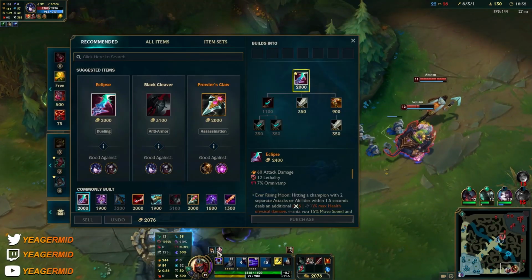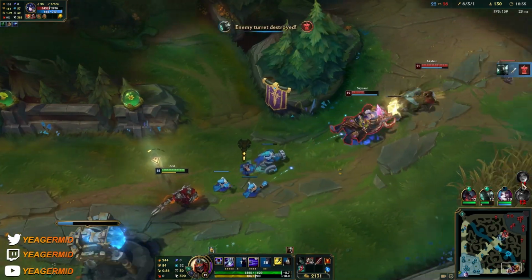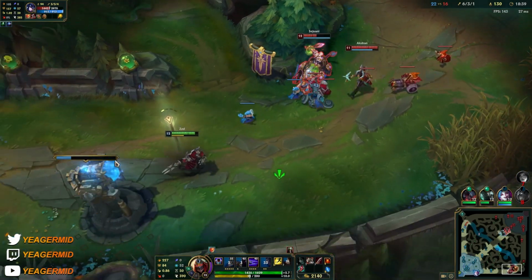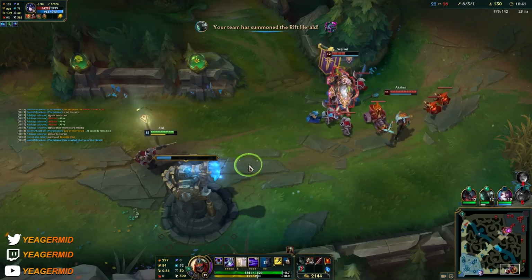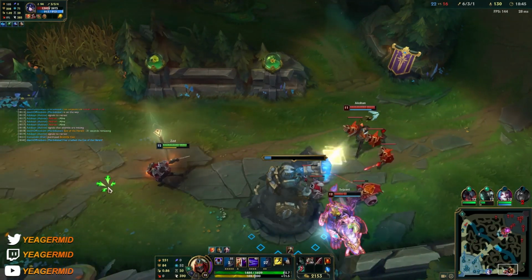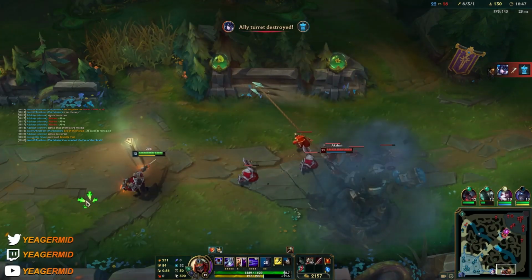In the mid, we have a lot of gold, so once we recall, we can get the Eclipse. That's gonna help a lot. But it's going to be way better once we have the Serylda's dust, because it also gives that slow. I cannot defend this. They can just dive me, so...